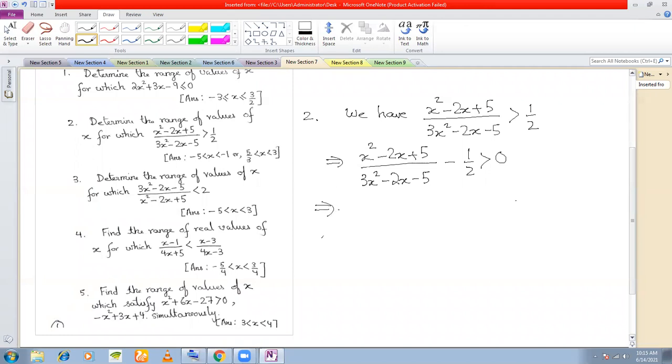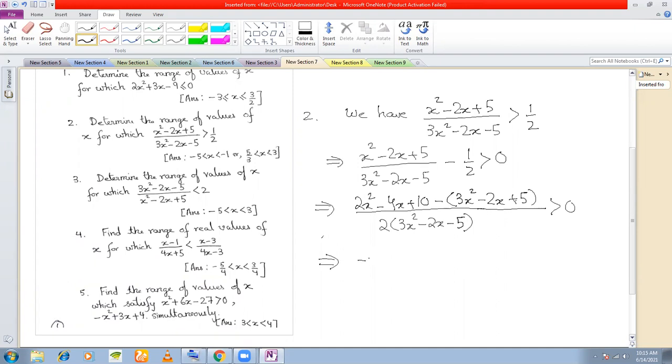Now you take the LCM here. If you take the LCM, you're going to get 2x square minus 4x plus 10 minus 3x square minus 2x plus 5 greater than 0. That means I open the brackets and you simplify, you'll get minus x square minus 2x plus 15 divided by